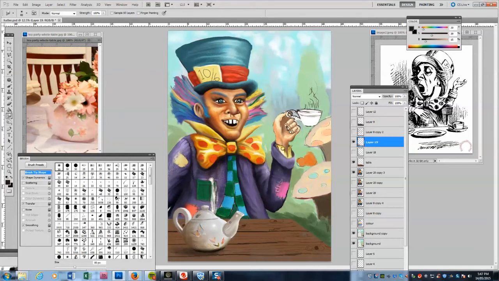So what am I doing here? Okay, I'm adding more details to that teapot. God, that teapot's got more information than the rest of the hatter, and I wasn't happy with that, so I cut it back. I apologise, I'm drinking coffee while I